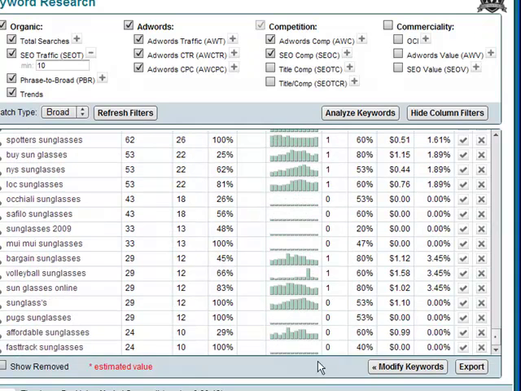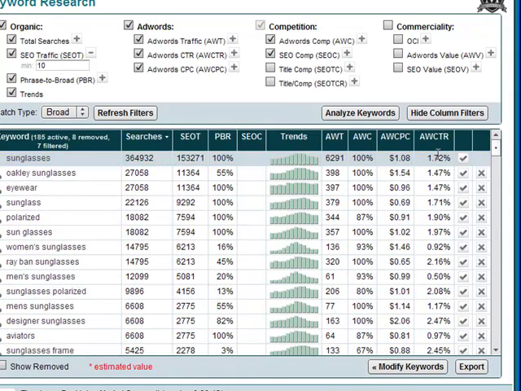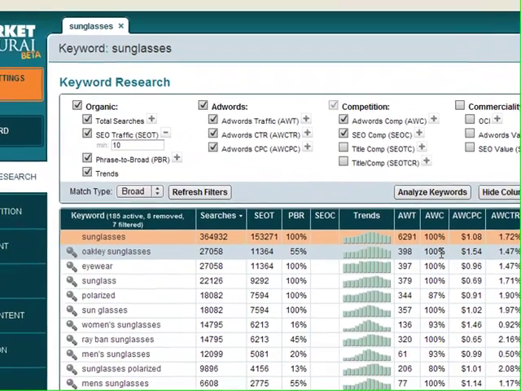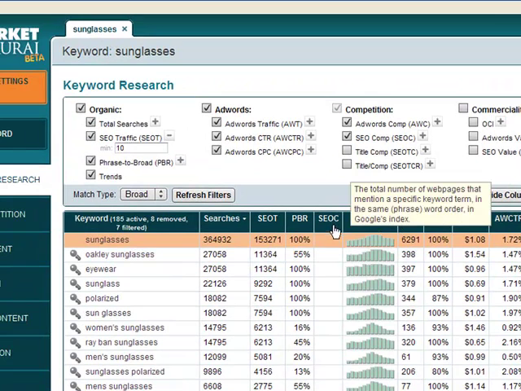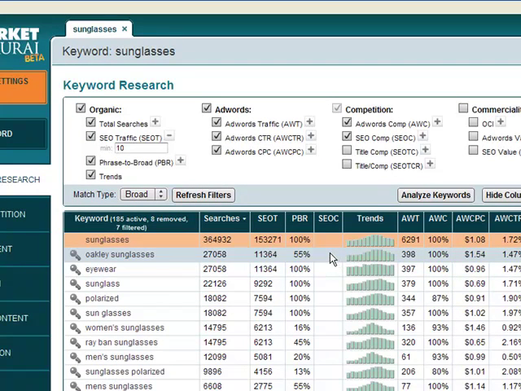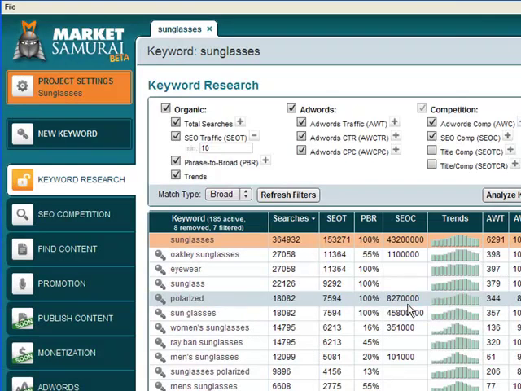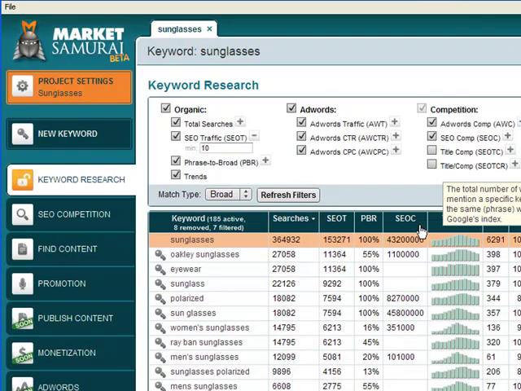So Fast Track Sunglasses only has 40% of the competition that you would have if you were going for Oakley sunglasses, for example. Now the SEO competition returns the number of pages in Google Index for each of these words. So we can get that all in one screen by clicking on Analyze Keywords. Okay, so we now have the SEO competition,